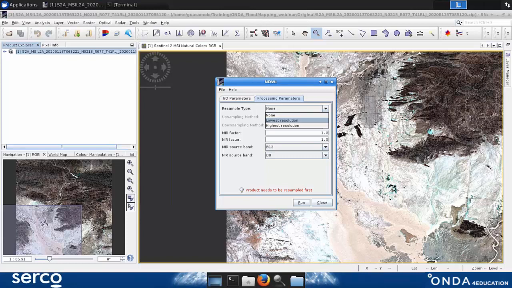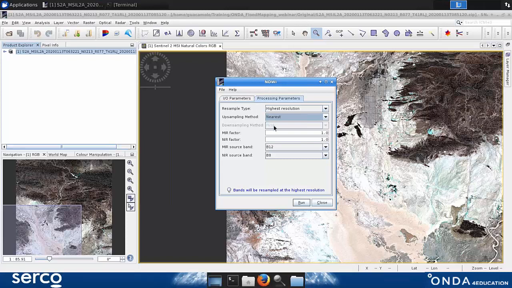If you go from 20 to 10, you are not losing spectral information. If you go from 10 to 20, you are losing that level of detail. So that's why here I select the highest resolution. Then you can select the upsampling method in case you're interested in that, but it's not going to change. And then you need to specify which are the bands that are going to be used. Since we are using this operator, it already recognizes which are the bands we want to use,